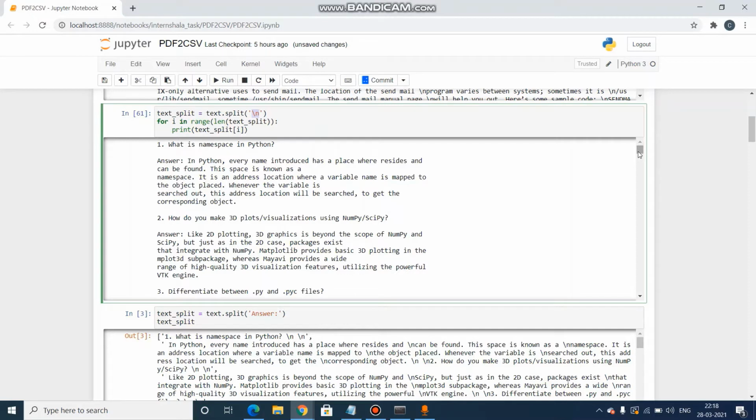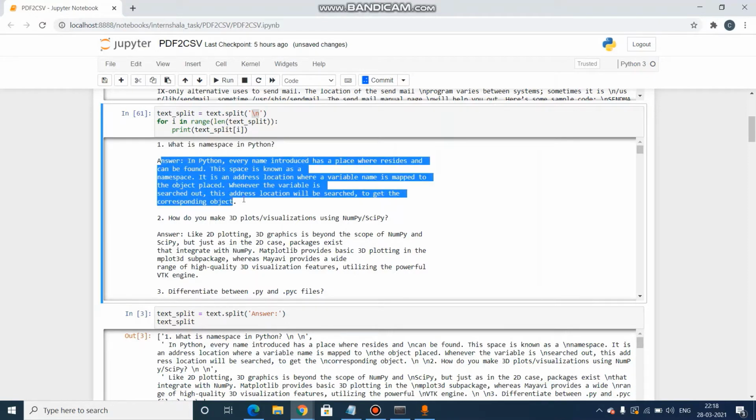So you can see we have this type of text. From this text we have to divide it in two parts: in one part we have all the questions, and in another part all the answers.